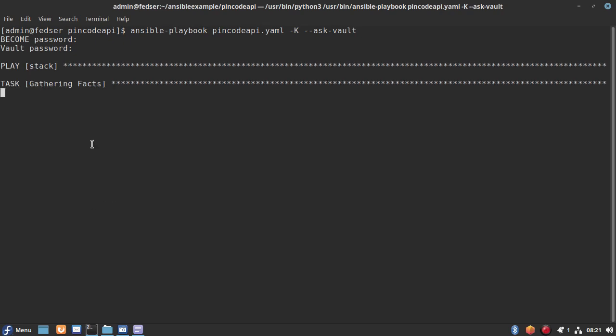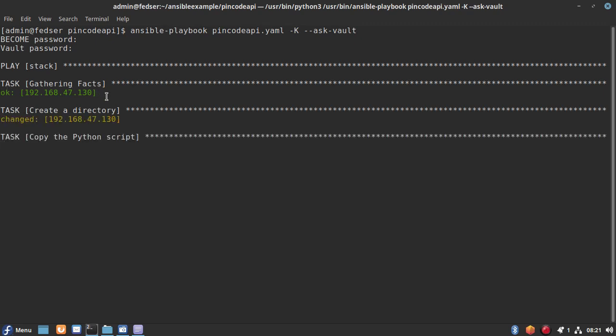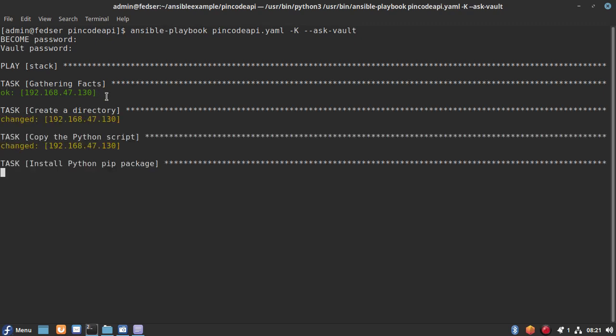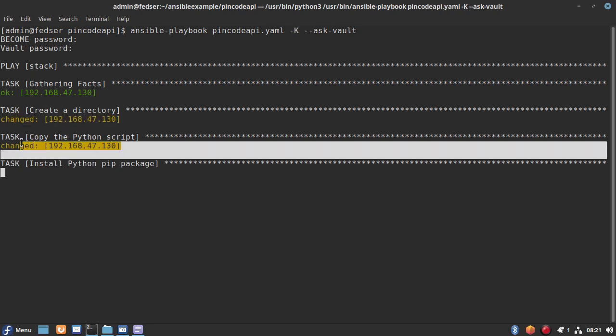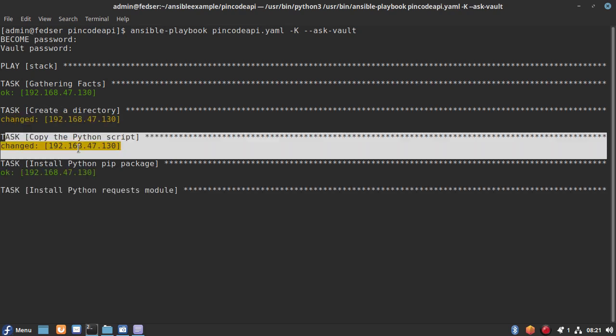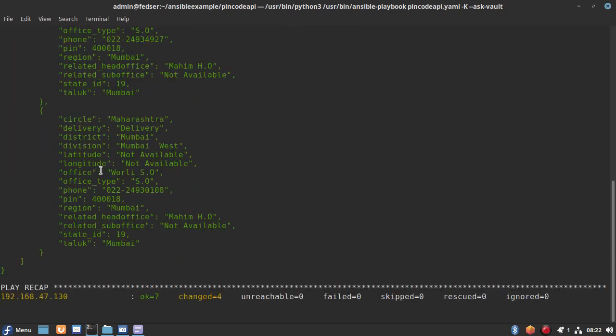The first prerequisite task, gather facts, runs, which captures the remote node details. Then you can see it has created the directory on the remote node and copied the script onto the remote node. And you can see the PIP package is already installed.